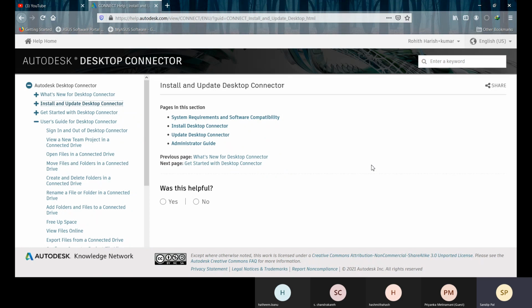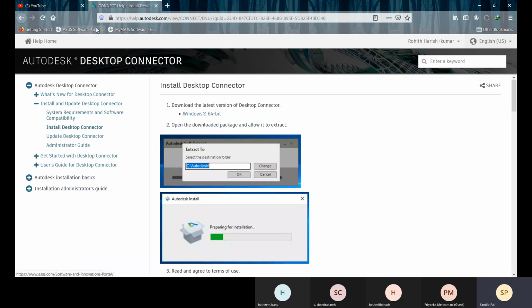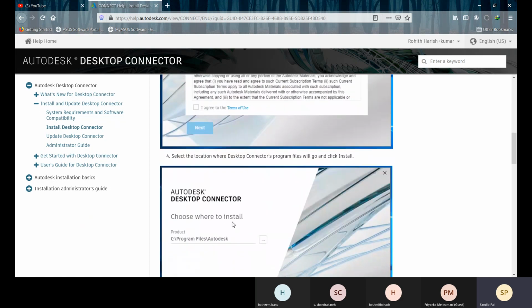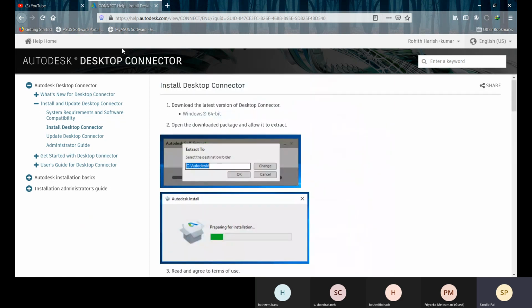For that, you need to install this Desktop Connector. Search for it, and here you will find how to install it. Let me show you that.